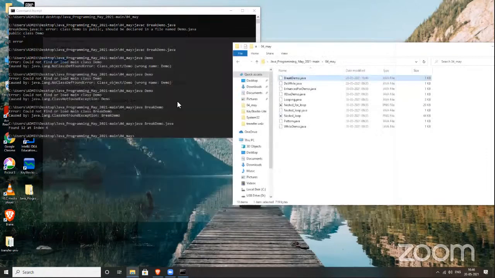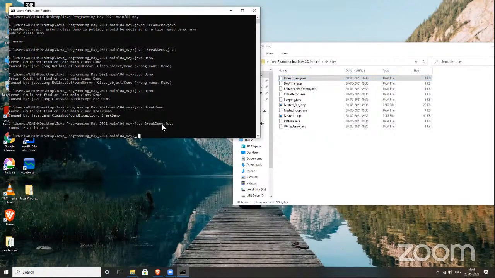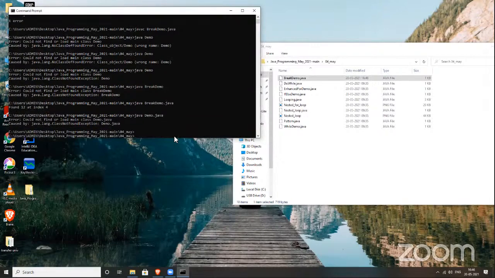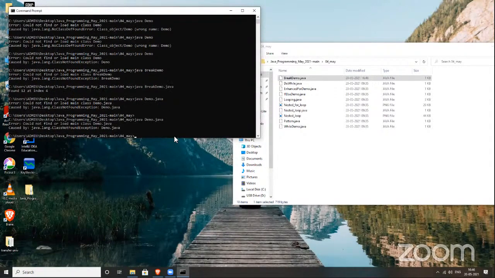Wait, because I was using the previous compiler, where just by passing the name of the class it was working, so I just wanted to check. Now run it. No. Not running. Caused by ClassNotFoundException.